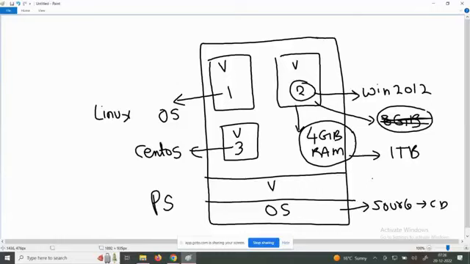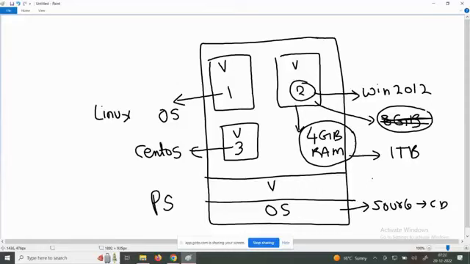Very easily you can change it, because the RAM is allocated from the main hardware. What is the hardware you provided? 1 TB. Now you can allocate 4 GB, 8 GB, 12 GB, 16 GB, anything you can change. That system is very easy to adapt to those changes. Very good. Is it clear? Easy to change the RAM. I click on one button, the server changes. I don't want 50 GB, I want 60 GB. Change it, 50 to 60 GB, and get it.